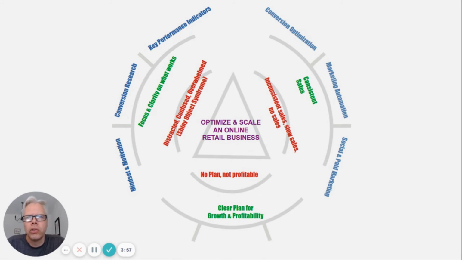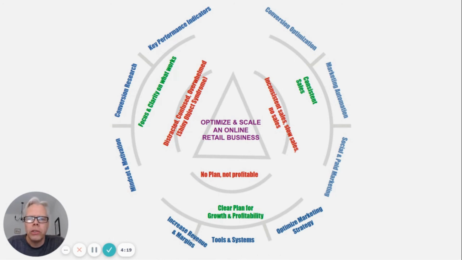So everything that has to do with, for instance, paid marketing, Facebook, Google ads, and so on and so forth, or a social media strategy that can help you to reach your audience, your perfect customer, and to create consistent sales. Finally, we look into the optimization of your overall marketing strategy.